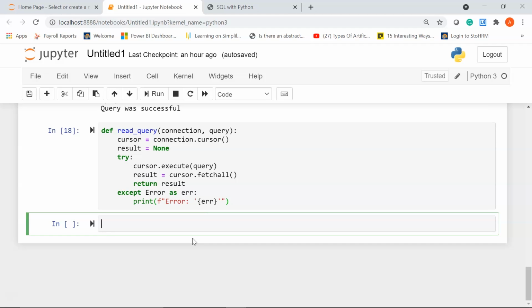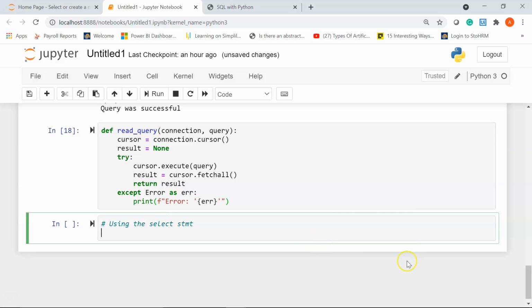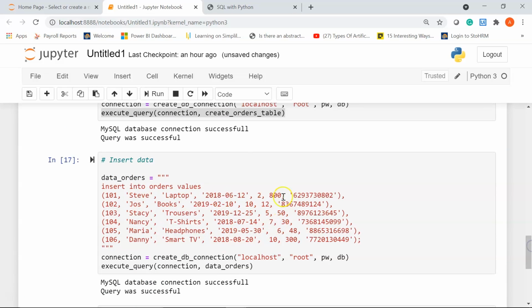Now we are going to use our select clause, having, group by, then we'll see how to use the order by clause, some inbuilt functions, we'll update some records, delete some records, and do a lot of other stuff. So let's start with our first query, which is going to be using the select statement. Suppose I want to display all the records that we have inserted into our orders table.